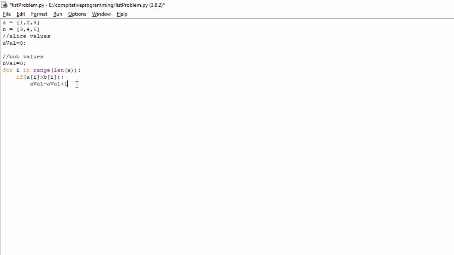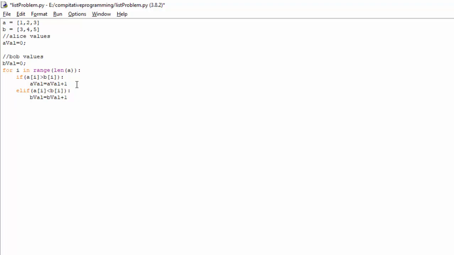Okay, so if this is not equal, then I have one more condition, maybe b value, that means bob value, will be more, right? So for that I'll be using something like this. Now I'll use b value is equal to b value plus 1.